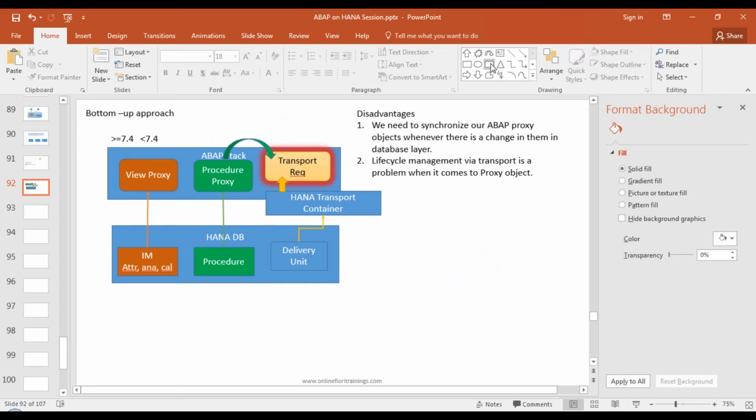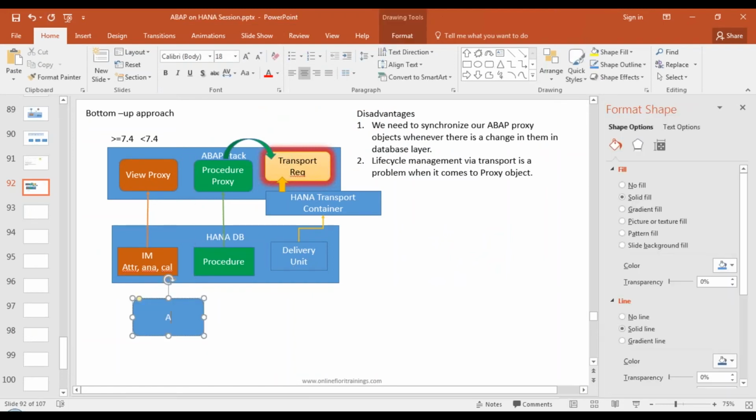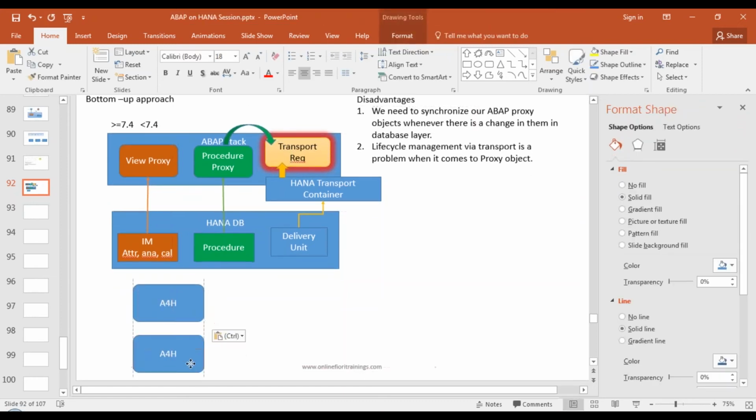Okay. What about my quality system? Do you think my quality system name will also be A4H? So you have A4H. So in SAP HANA, you have SAP A4H. Okay. What will be your quality system name? Typically Q4H. Okay, if A4H is development, Q4H will be my quality system. What will be the schema name in the underlying HANA DB connected to this system then? Anybody? What will be the schema name in your SAP HANA database for this SAP Q4H? Now there's a problem, right? What will you do?